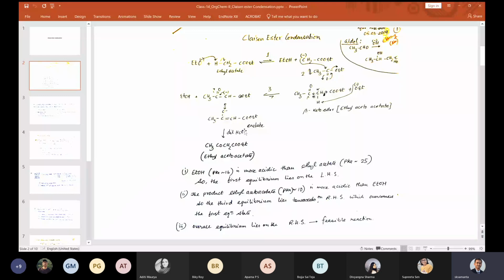Sir, but if initially, in the first step, the product is very little, how can we say it is a very feasible reaction, because it is not giving the desired amount of product, or we have to apply a lot of initial product to get a significant amount? What you are thinking, if I have understood correctly, is that this reaction is happening in 3 different steps. That is not correct. This reaction is basically a one step reaction. We are understanding it by splitting this reaction into 3 different steps.